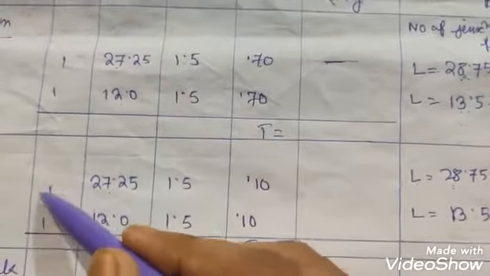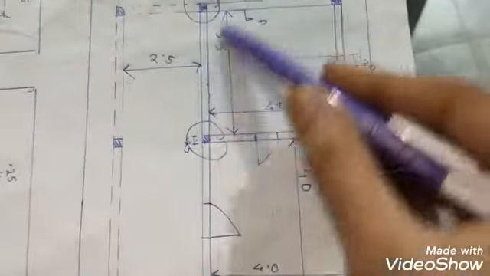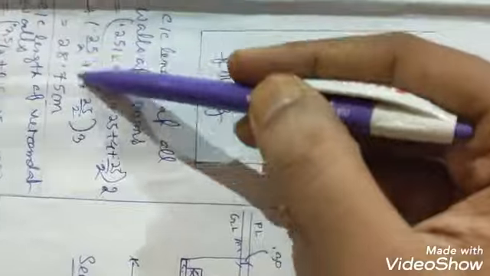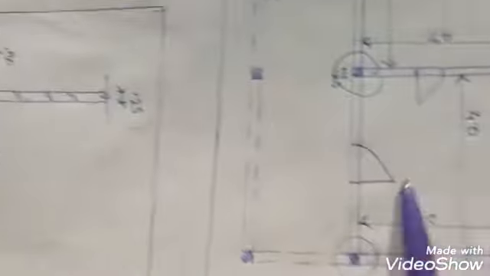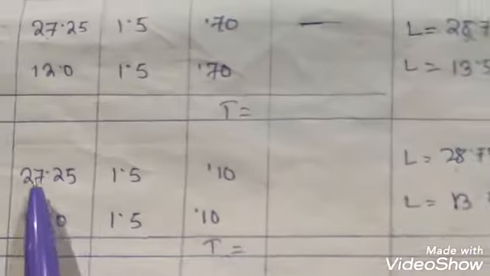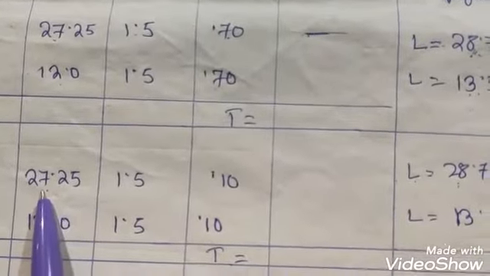Now you might be asking why for the rooms number is 1. There are 2 rooms. Yes, of course there are 2 rooms, but we are taking all the walls together as 1, because we have added all the center to center lengths and we have found out 1 length. That is why number is 1. So length we have found out to be 27.25, and under the length column we have written 27.25.